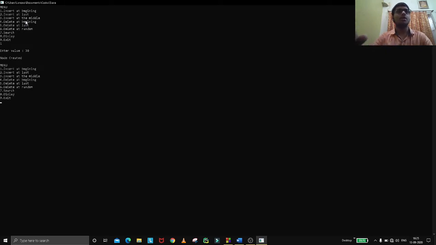So basically we have to give 1, enter the value, I think 30. Again we insert three nodes. We can create 3 nodes. So I'm going for another node, that is 20, and one more, 10.